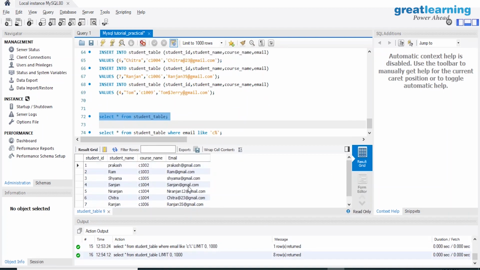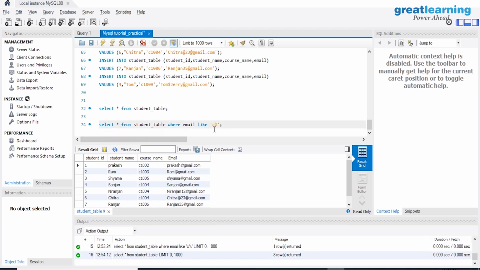Okay, so here you can see you have niranjan12@gmail.com. So if you want an email which includes 12 anywhere, maybe you got to know somewhere that the student has some course name, the student name you don't know, student ID you don't know, but there is an email, and this email contains 12 in it. So you just need to identify the student, maybe that student is not good and you just want to punish that student. That's not normally a case, but in that situation you need to write 12, and before it there should be a percentage sign and after it there should be a percentage sign.